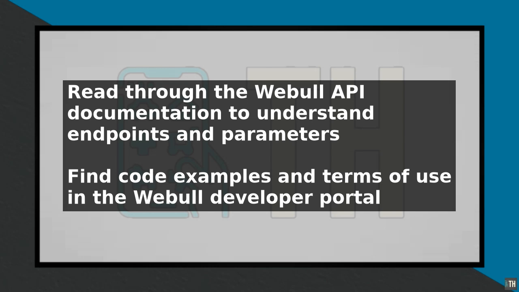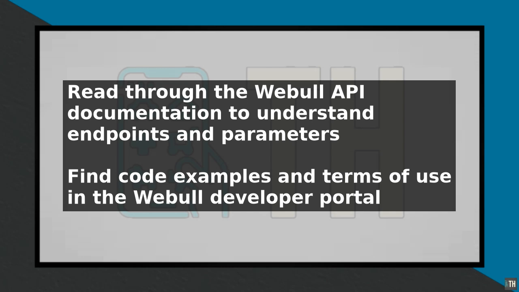Fill out the required information, including the name of your application and a description of how you plan to use the API. Once your application is approved, you will receive an API key and secret key. The API key is used to authenticate your requests to the Webull API, while the secret key is used to sign your requests. You will need to use both keys in your API requests to ensure that they are properly